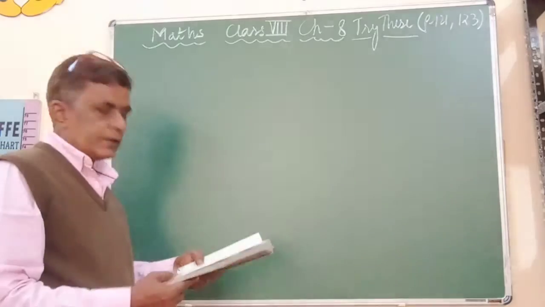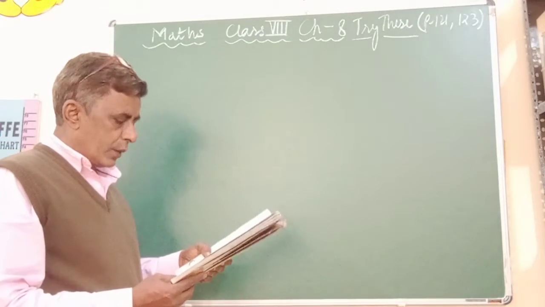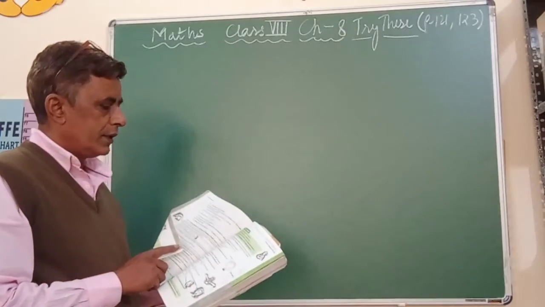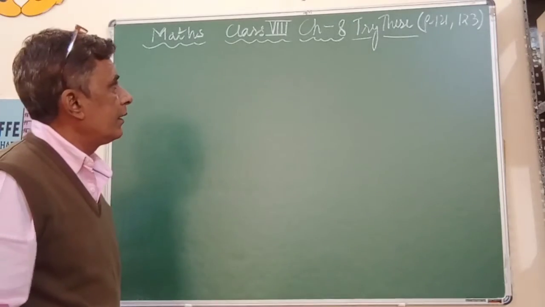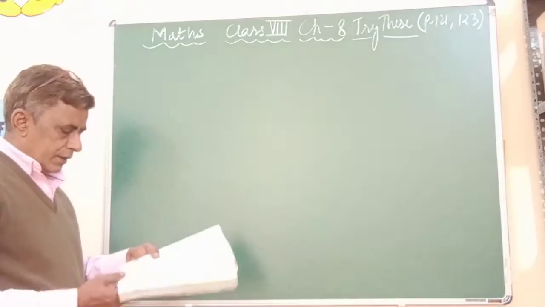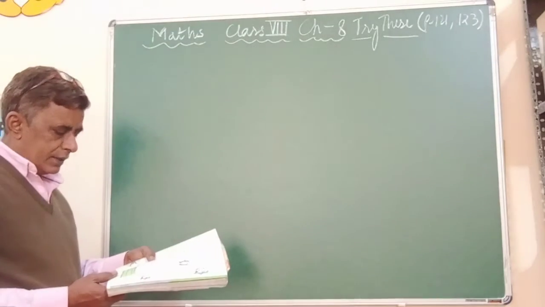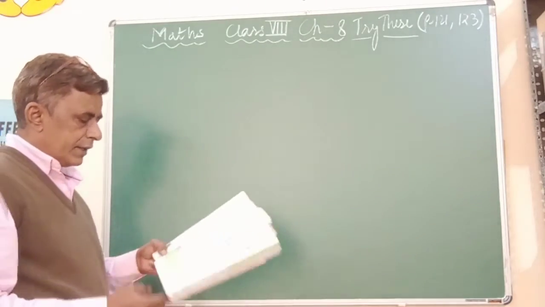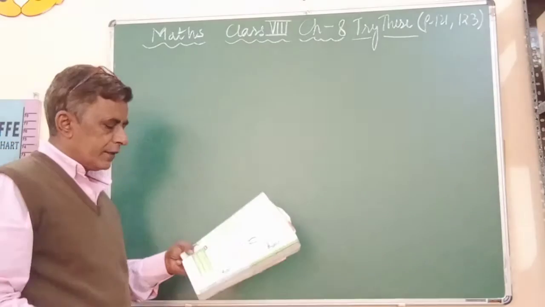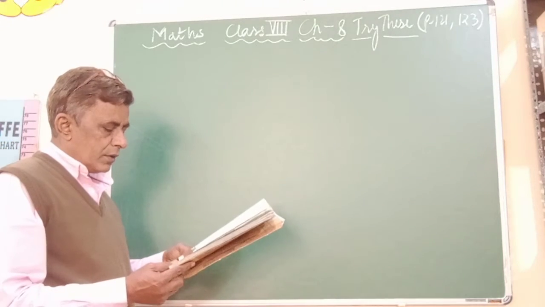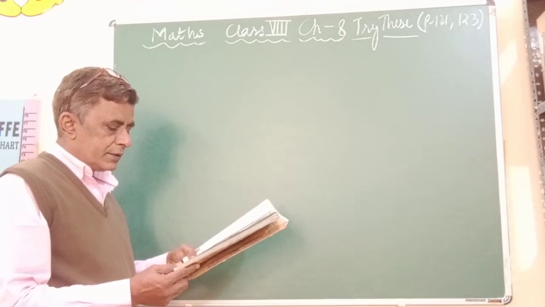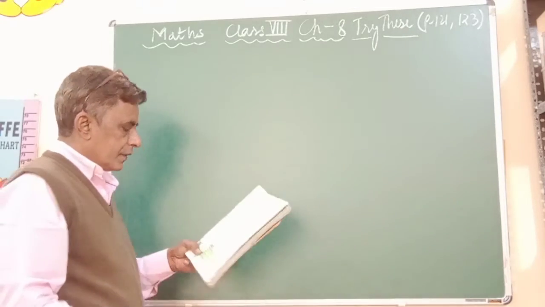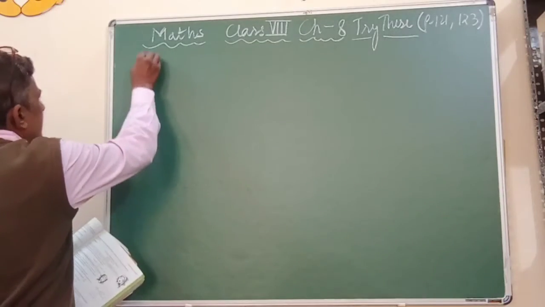Dear students, today we will study questions given on page number 121 and 123 under the heading Try These. These questions are about discount on page number 21. The first question has three parts. A shopkeeper gives 20% discount. What would be the sale price of each of these? Question number 1.